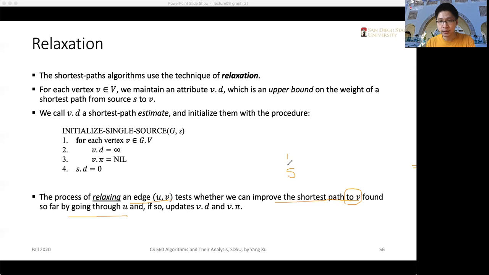Our S is always fixed. So for the path from S to V,